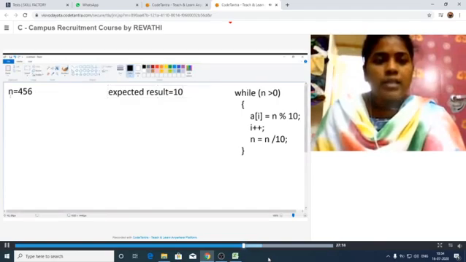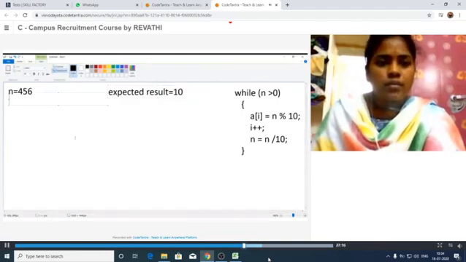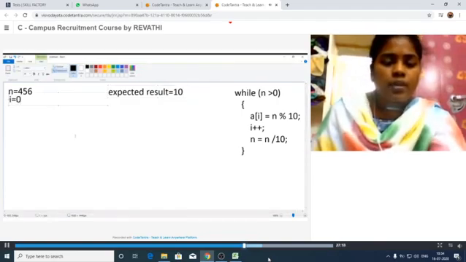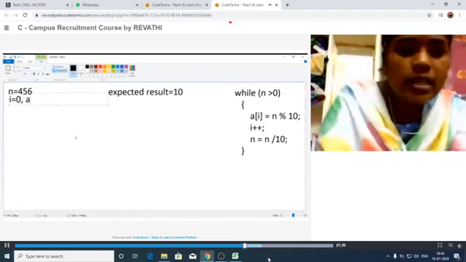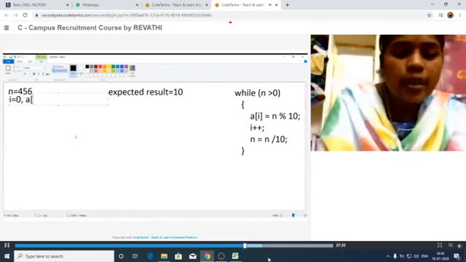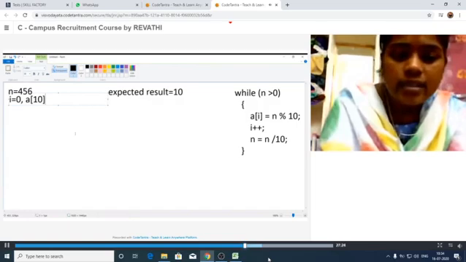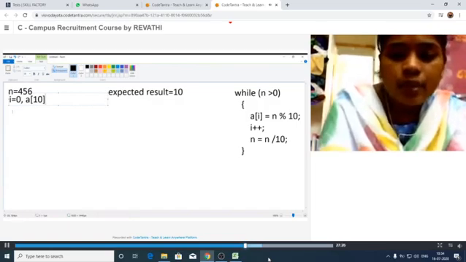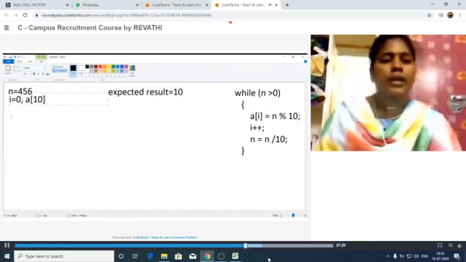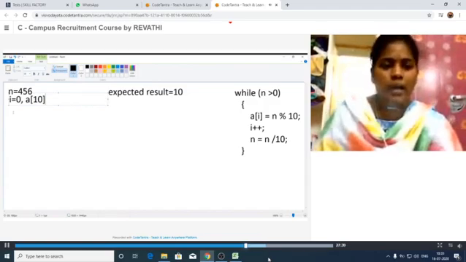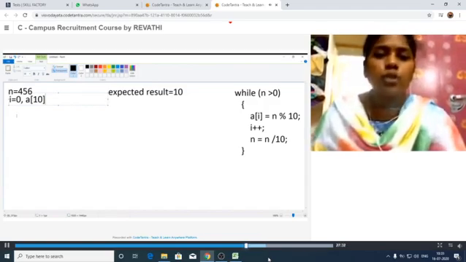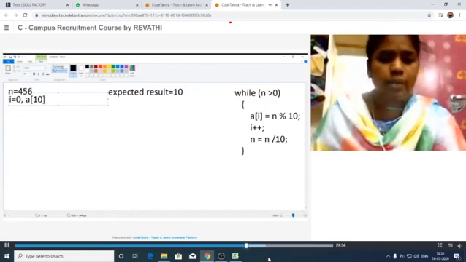That implies we have taken another value, that is i is equal to 0, and we have taken the array of 10. Before that, let us see what is meant by array. Array means it is the collection of homogeneous data elements with the same data type. Okay, let us see.